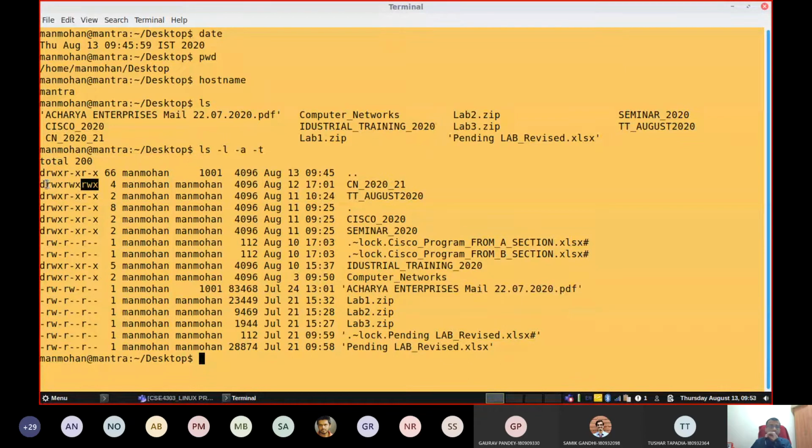So note it down: the first set of read, write, execute represents the owner's permission. The second set is the group permission. And the last set is the permission granted to others in this particular folder. This is about the different file permissions.